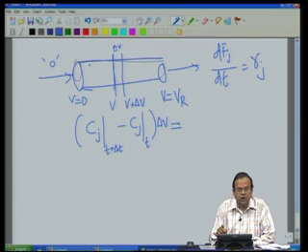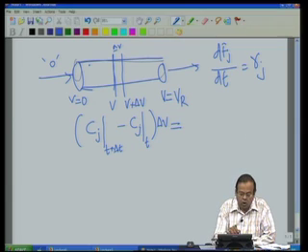So, this is equal to, the concentration is Cj. Let us say that small v is the volumetric flow rate coming in, going out. So, v into Cj